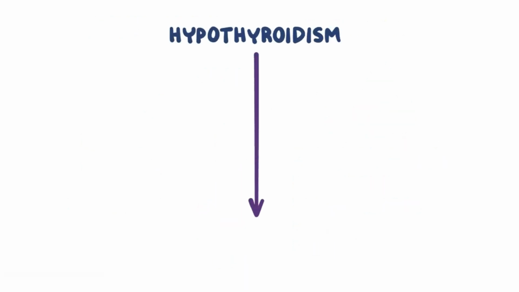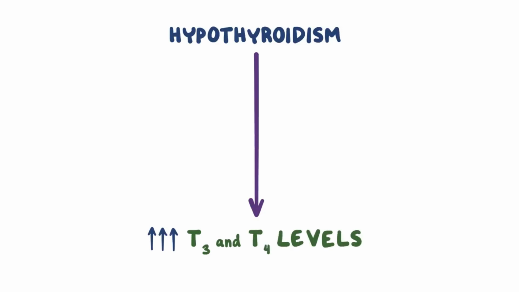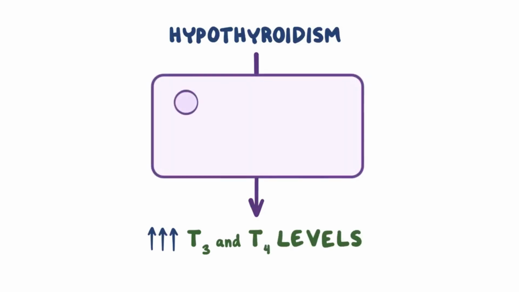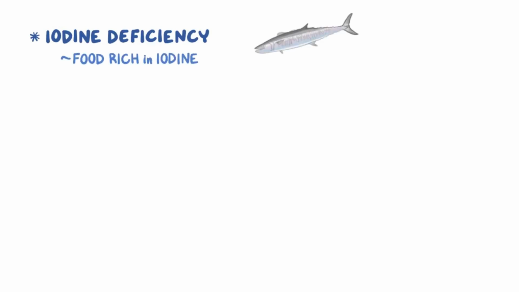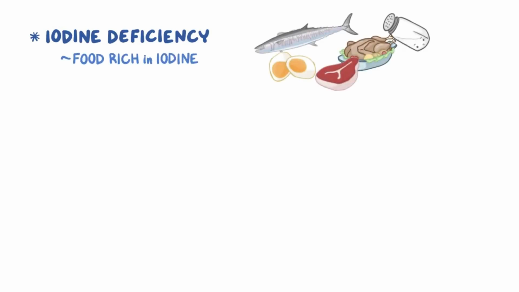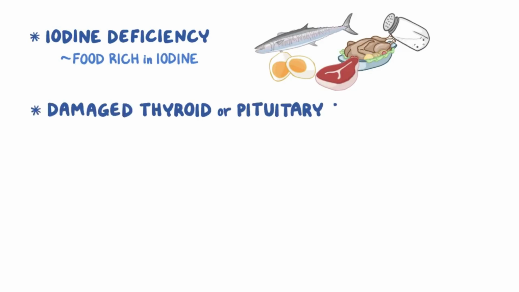Okay, now in a person with hypothyroidism, we want to increase the T3 and T4 to normal levels. And we can do it in two ways. First, we can increase the production of thyroid hormone, or we can replace the missing hormones with thyroid hormone analogs. If the hypothyroidism is due to iodine deficiency, the treatment is to give foods rich in iodine, like fish, egg, meat, and iodized salt. If the problem is caused by damage to the thyroid gland or the pituitary gland that